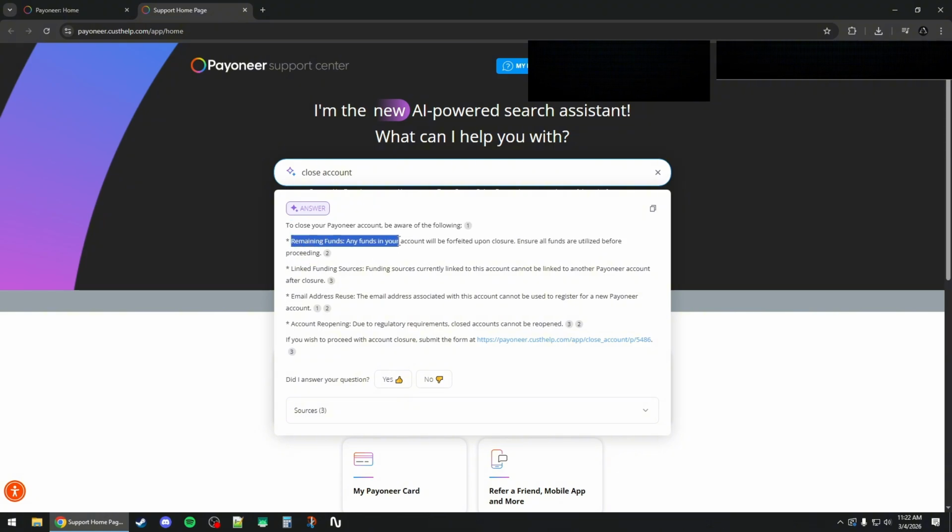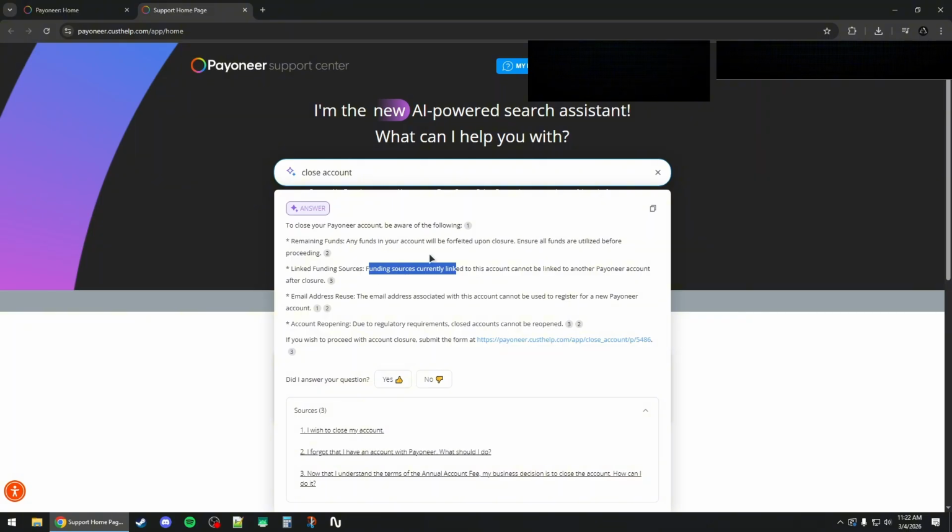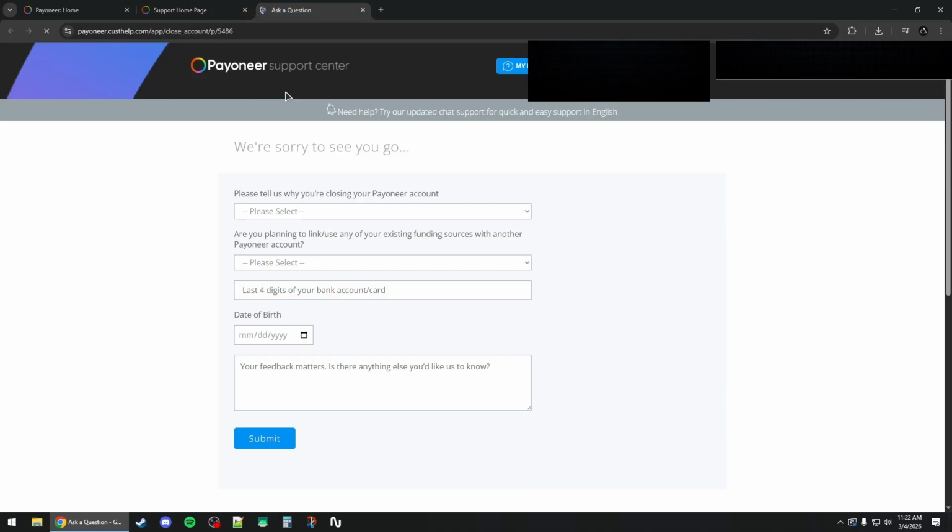First, you will need to withdraw any funds that are on your account currently, and the account or the linked funding sources will be deassociated and you can't link them again on another account. The email as well can be used to sign up for another account, and it will bring up this link right here. For closing accounts, you can click on it to take you to another page where you can submit